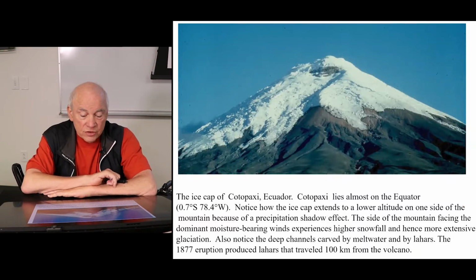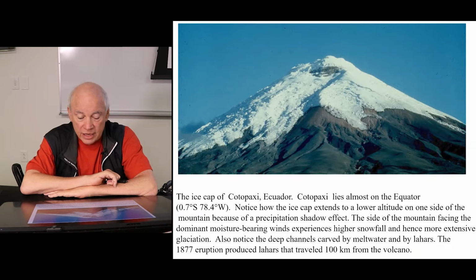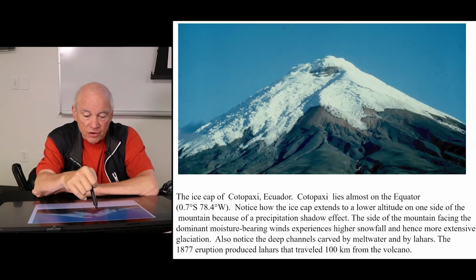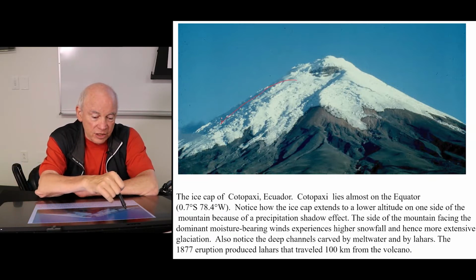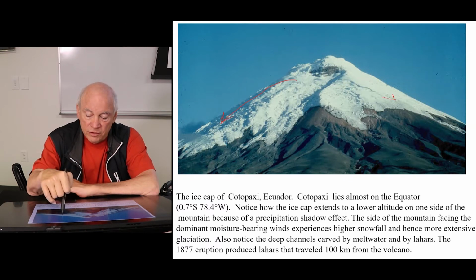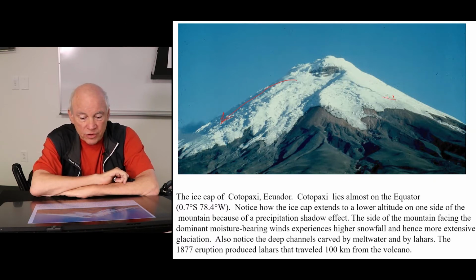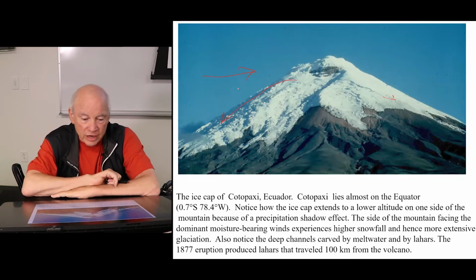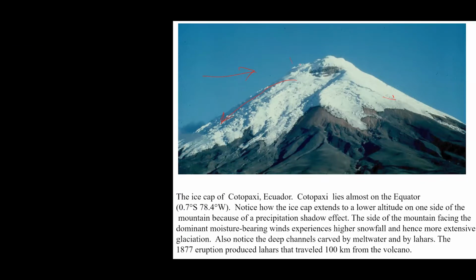And it, interestingly enough, lies almost exactly on the equator, but it has a very nice accumulation of ice and glaciers that go down the slopes away. And you can see how the glaciers extend farther in this direction than they do over in this direction. And that's because of where the dominant moisture-bearing winds are. The winds are coming this way, so there's more snow on this side of the mountain than on this side